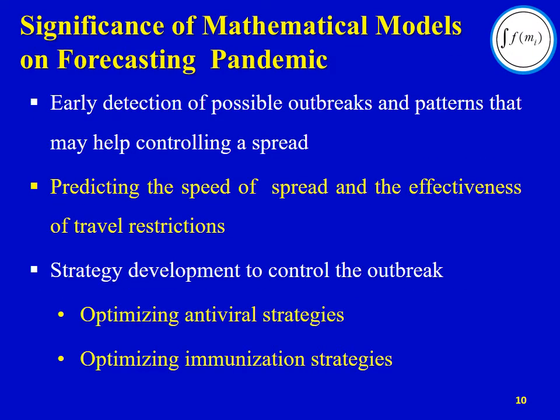In a pandemic situation, there are several important components to be forecast: number of infected cases, total number of deaths, and number of recovered. In addition, there are so many components to forecast. Why do we do forecasting? To identify the future behavior and the future pattern of the outbreak. That's why we do forecasting.